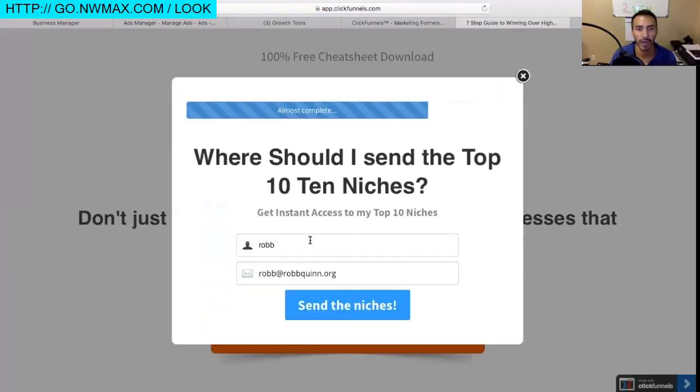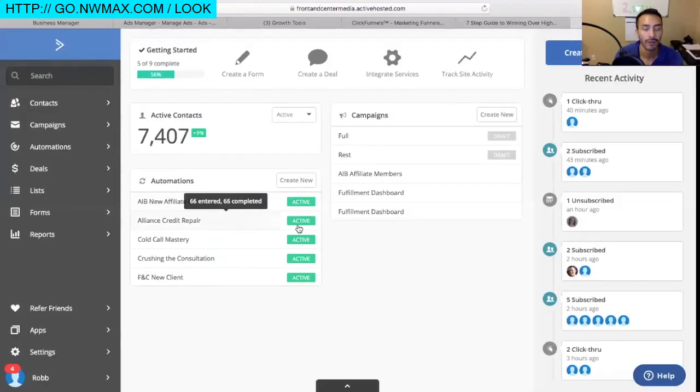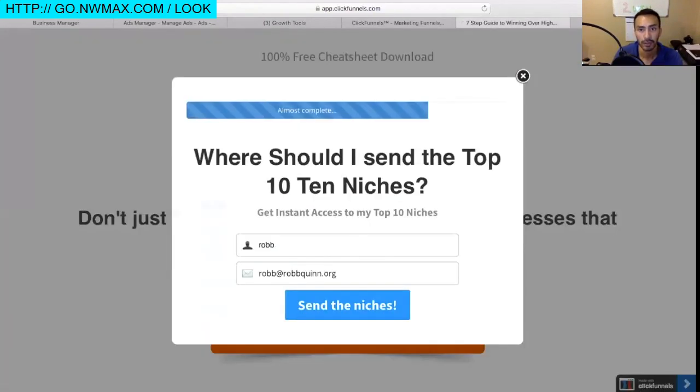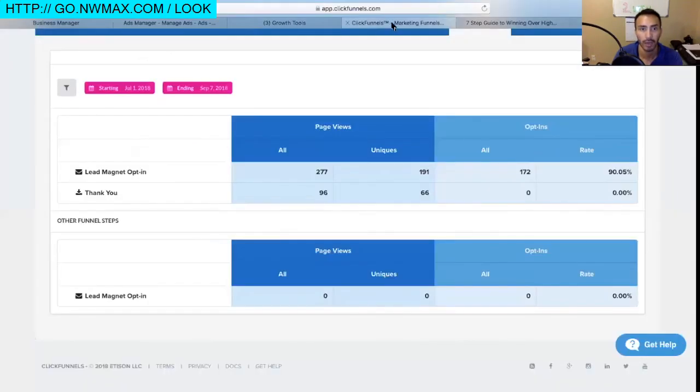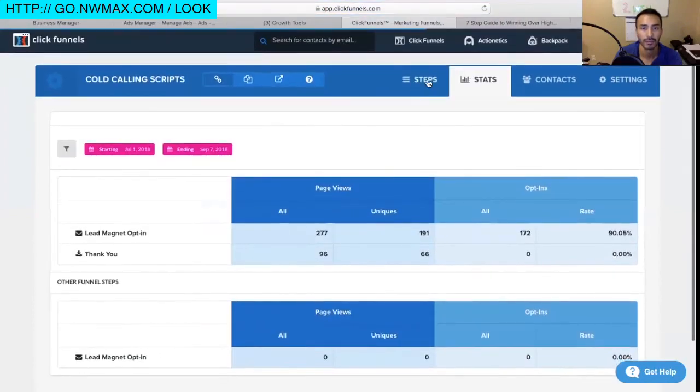They click download now, they enter their information. Now here's what's going to happen. They're going to enter this information and it's going to send them an email. We all know how that works, right? Well, after you set up that right here, they set this up to where it goes to an email, which for me is Active Campaign. And by the way, you do that inside the funnel,